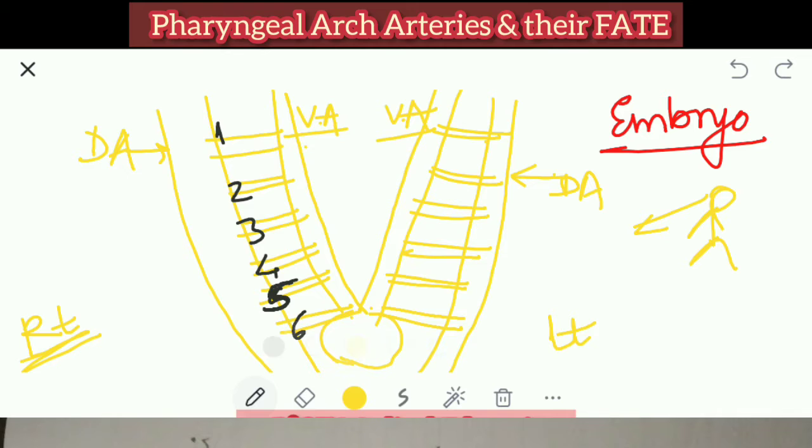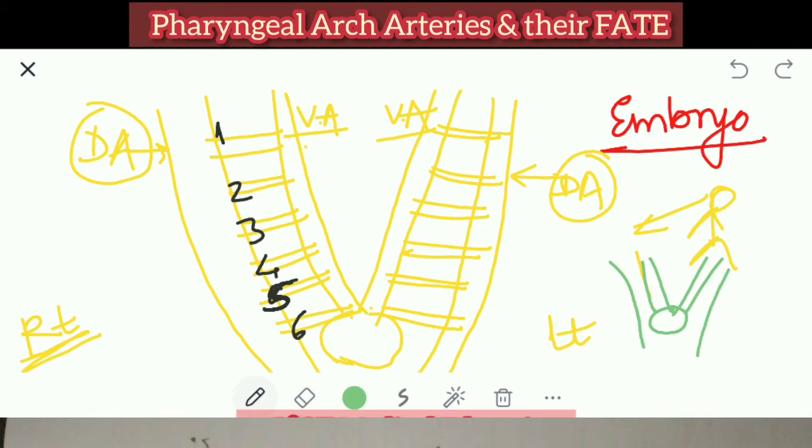If you see these two dorsal aorta, can you see this dorsal aorta of the right and left? They are coming like this. See, I will draw one diagram here, in green color. This is the ventral aorta coming to the heart like this. This is the dorsal aorta going outside this way, and these are your pharyngeal arch arteries. What happens? These two come like this and join like this, and these two form one aorta, the common fused dorsal aorta.